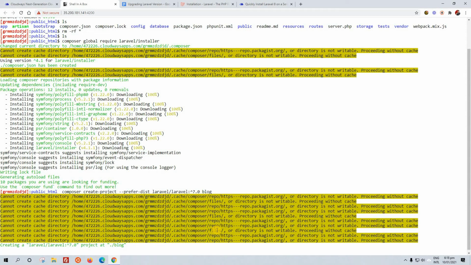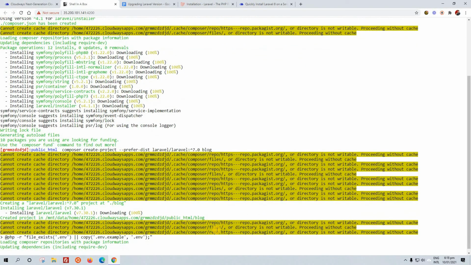These are all warnings. Do not need to be afraid at all. It is creating a Laravel installation of version 7. It is going to take around, I think, 30 to 45 seconds or around a minute to successfully install the Laravel version 7.